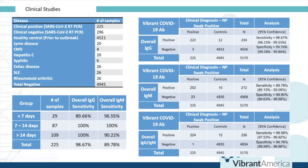What I love is the rigor that you guys have brought to really making sure that both the serum test and the finger prick are really going to help us to give the best medical care that we can. So, looking at the clinical studies to show how good the test is, what Vibrant